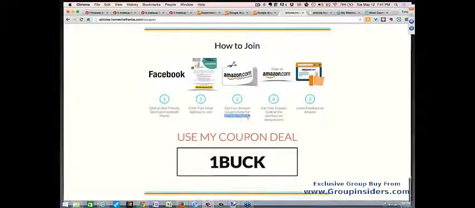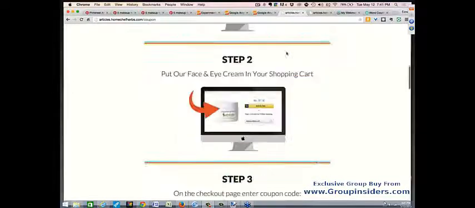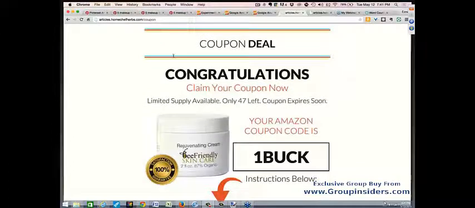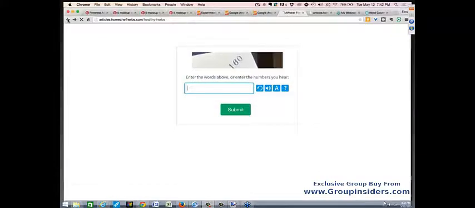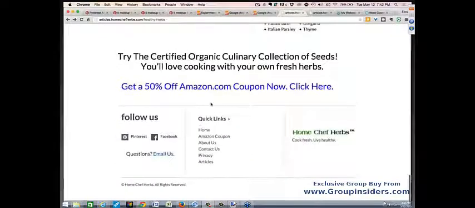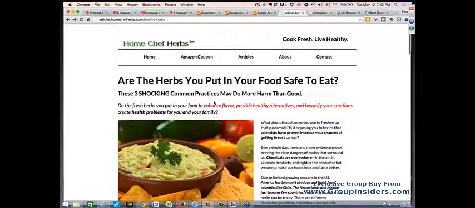It also says face and eye cream, so it looks like maybe you haven't even edited this web page here. I think probably that's what's going on. So you probably need to modify that page, put your own product there and all that. I do like this, and I do think that you can do quite well with it, though I think that